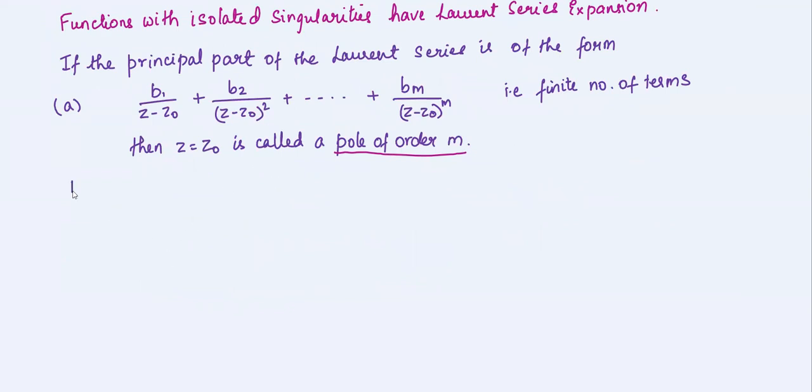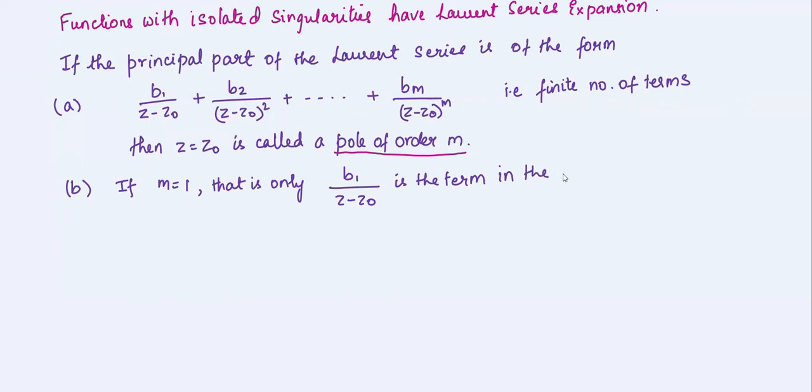Now, if m is equal to 1, that is only first order, only B1 by z minus z naught is the term in the principal part of the Laurent series,